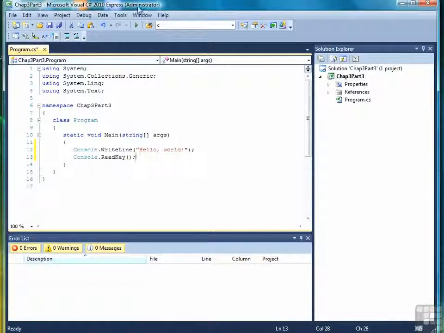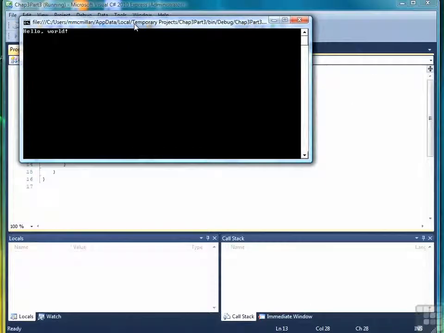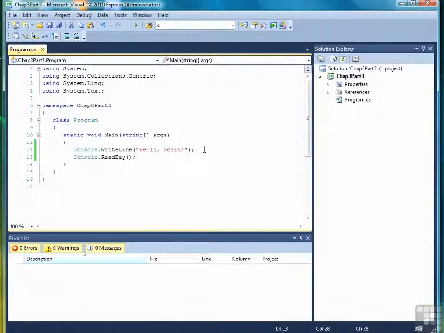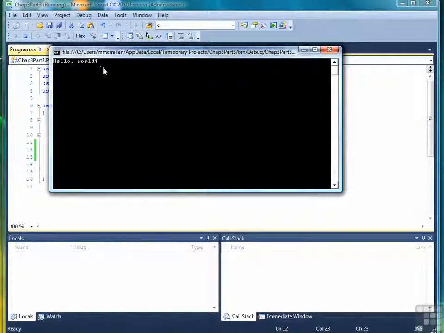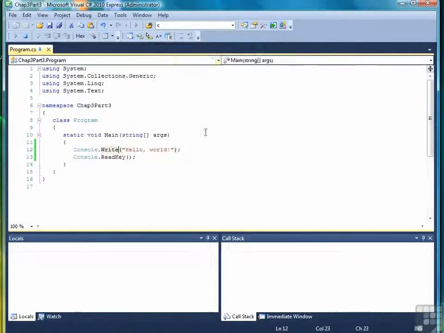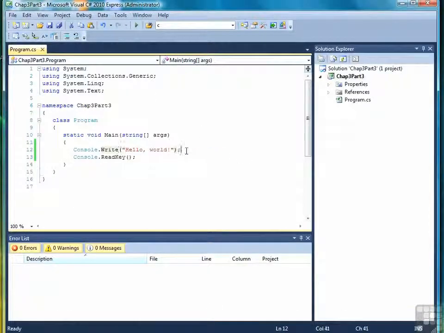And let's run that again just so you'll see what it looks like, in case you forgot. So there's Hello World. And again, press any key to bring it back to the main program. If we just use Write instead of WriteLine, the only difference you'll see when we run the program is the cursor is now at the end of the exclamation point, or at the space past the exclamation point, as I mentioned before. And then the next bit of writing, so let's say we decided to add a line to our code,